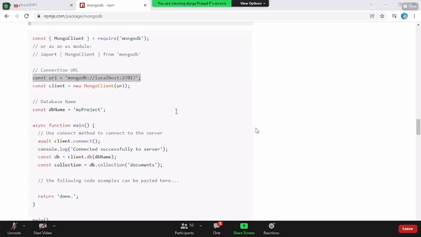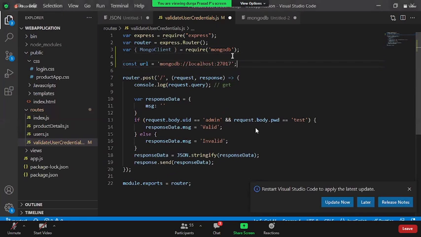Now after this, it is asking us to create a URL. You need to create a URL to connect to your local database. So this is the protocol. You would have seen the HTTP protocol, HTTPS protocol, but for the Mongo database, you have something called the MongoDB protocol. What is the localhost? Right now, you're connecting to the Mongo database which is on your local machine. Instead of this localhost, you can put your system name also. And this is the default port number. Right now, your MongoDB is running on 27017.